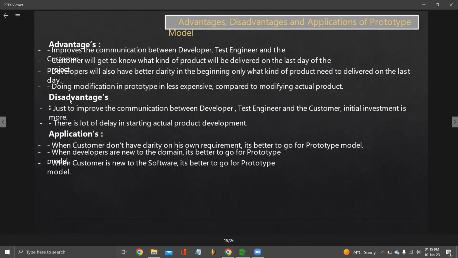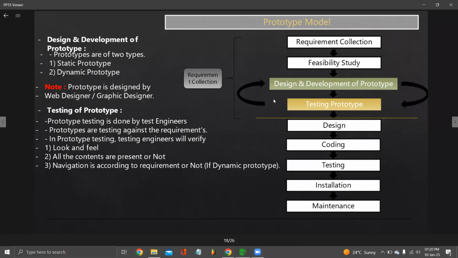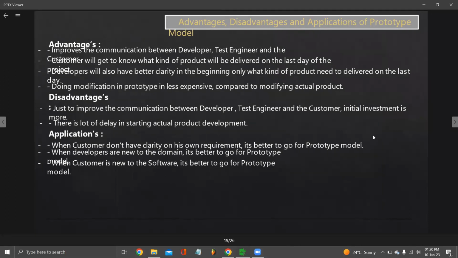When requirement is not tested, basically that thing can be overcome here to some extent, not fully. Because chances are there कि हो सकता है जब यहाँ पर तुम रिक्वायरमेंट टेस्टिंग के बाद भी रिक्वायरमेंट कलेक्शन कर रहे हो, तब भी हो सकता है तुम कुछ मिस्टेक कर दो, and that is not tested here. Actual project designing is also not tested, so it will be there, but वो बहुत कम हो जाएगा रिक्वायरमेंट कलेक्शन के लिए, as you have displayed the prototype. चांसेस कम हो जाएंगे. ठीक है,